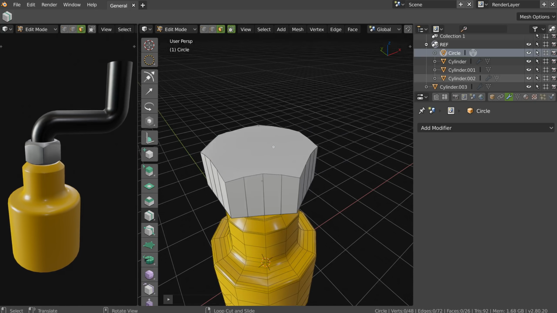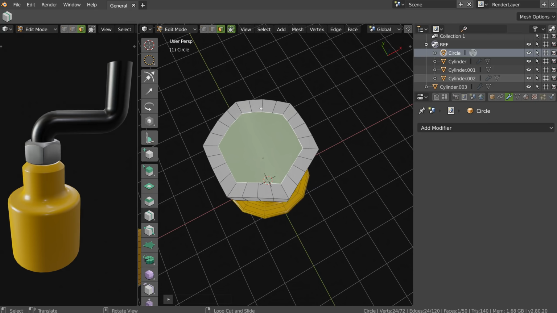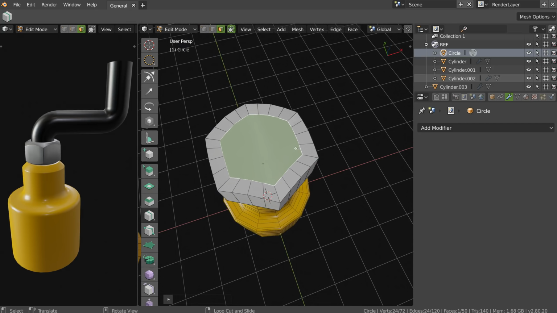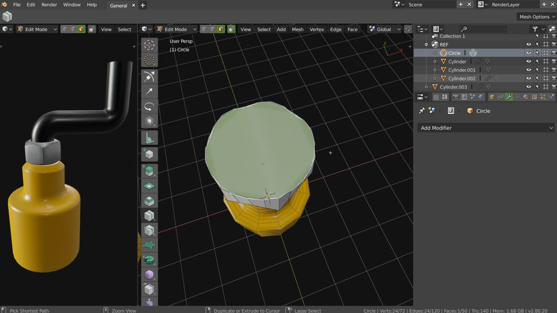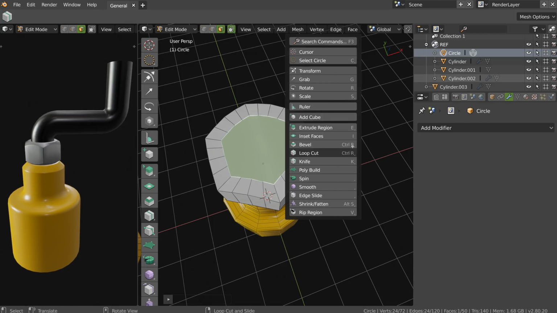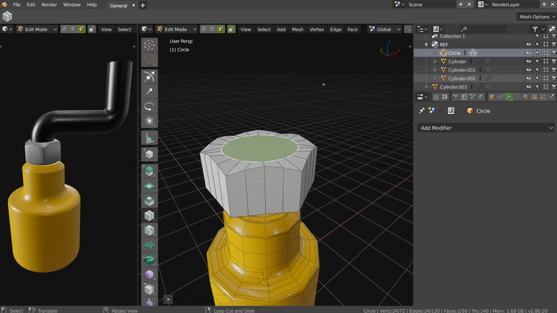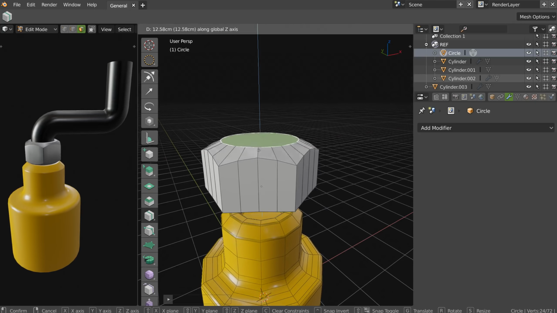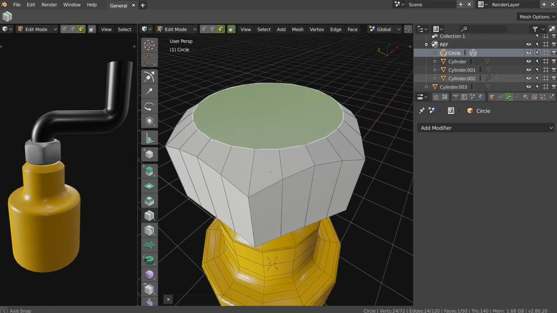I will go in 3, select this one, press ES, maybe, let's try, because an inset will not give me the good result. I will press Alt, Shift S, and I will move this one. I will press E, no, it was not what I wanted, so press O, Alt, come back, Alt Shift S to make it round, SZ0, like this, and G, move this. Okay, so as you can see, I have a great result here.